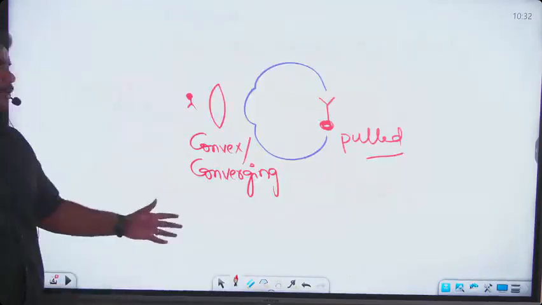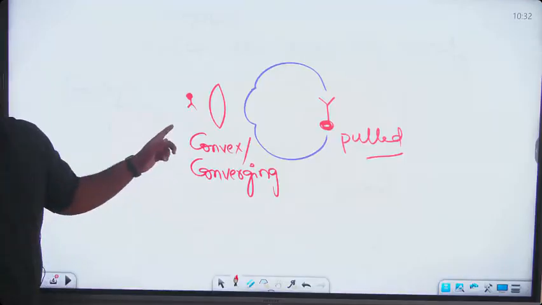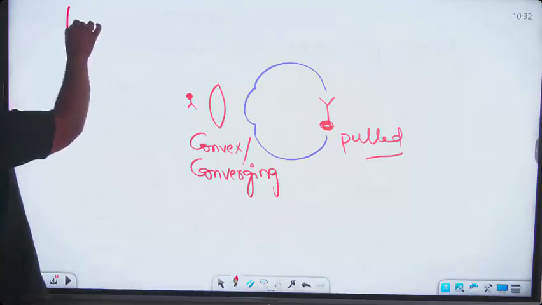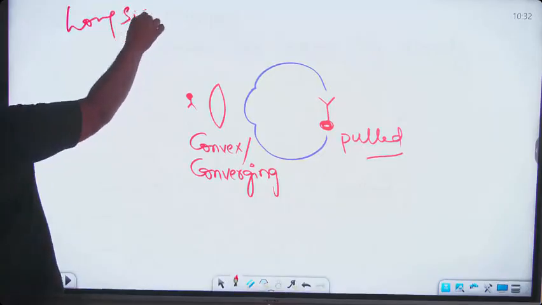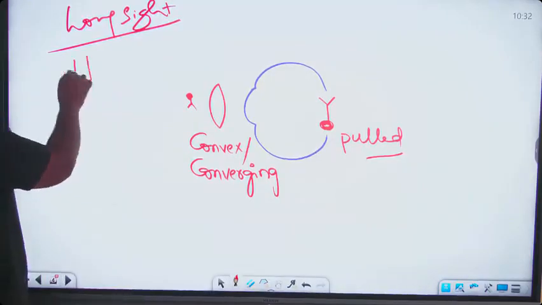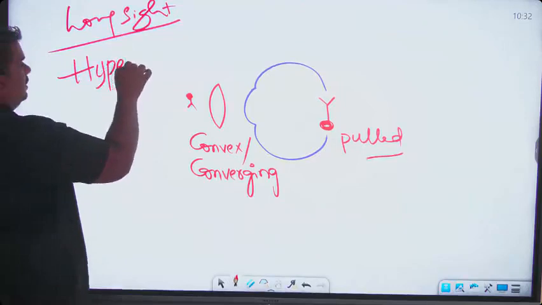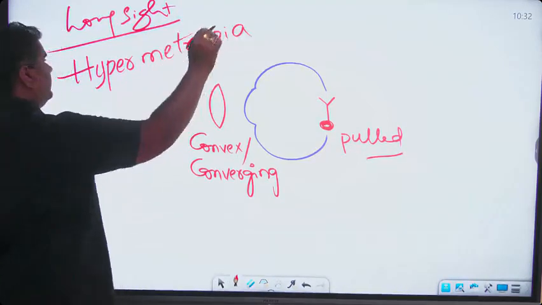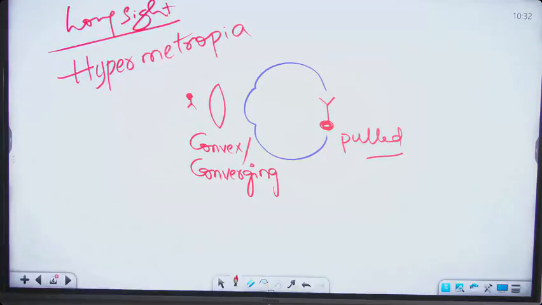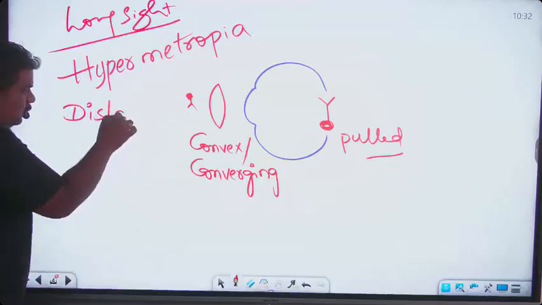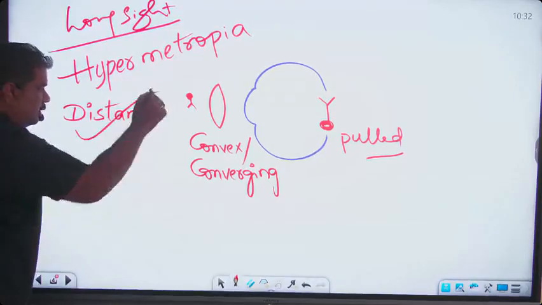And here we are using a converging or else a convex lens. Now, any person who is having this type of vision problem, that is known as what? Long sight. Technically speaking, long sight is also known as hypermetropia. A person who is having this particular hypermetropia can see the distant objects, distant objects are all